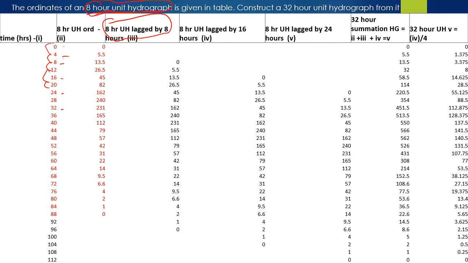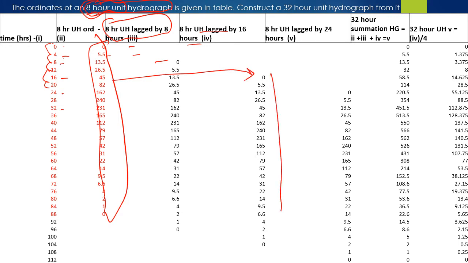Therefore, lag the 8-hour unit hydrograph by 8 hours. That means you have to skip 2 rows and write the same data here starting from 8. That is the first curve lagged by 8 hours. Then second, lag the curve by 16 hours, the next multiple of 8. Start the same data from 16 and continue downwards. After each lagging, 2 data intervals will be added, that is 92, 96, 100 and 104 when the second lagging finishes. Then after that, lag the curve by